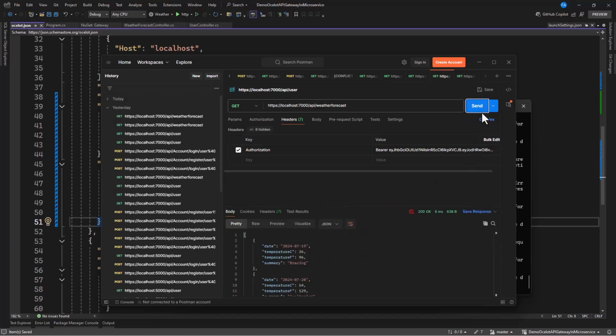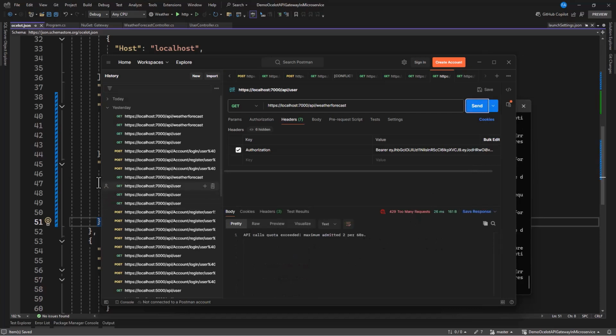So you can specify maybe 100 requests per minute, or 1000 requests per minute, and when the request exceeds the specified limit, it's going to be rejected with the status code of 429, meaning too many requests, as indicated here. So that's a simple way to configure rate limiting in Ocelot Gateway API.